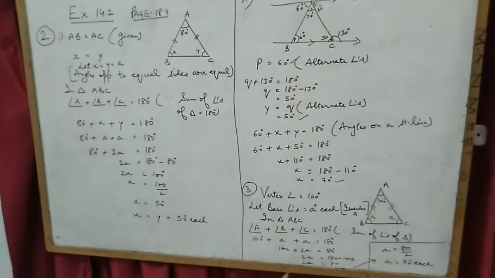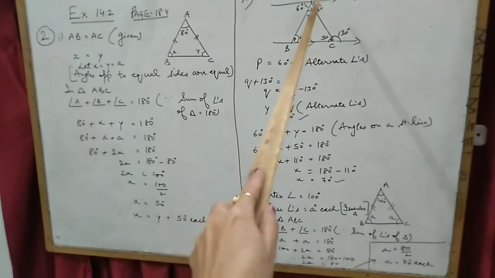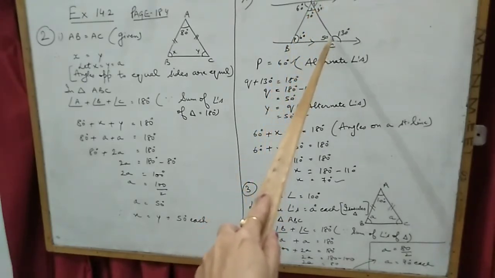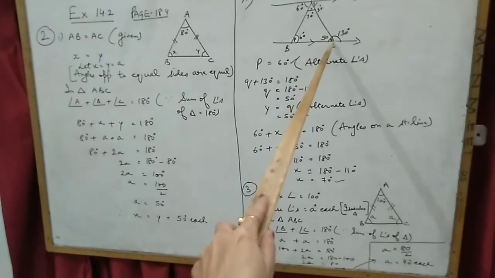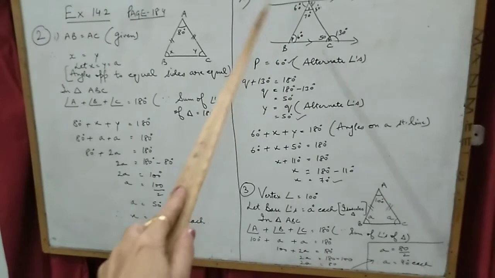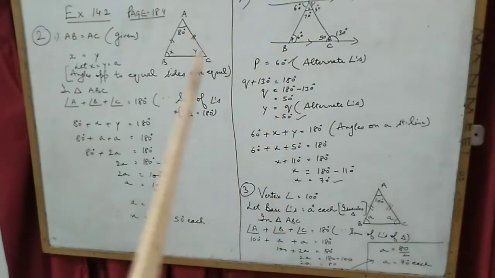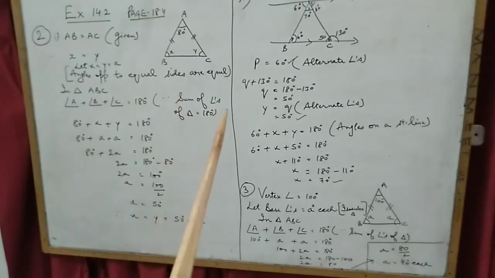If you see the figure in your book, page 184, here it is given y and here it is given p. But children, this angle is also not given. I have written here q. We suppose this angle is q. Now what have we taken? Children, you know that when two lines are parallel to each other, there are some alternate angles, some corresponding angles, which you have already done in 6th standard.